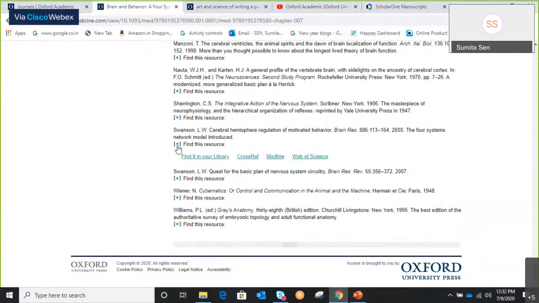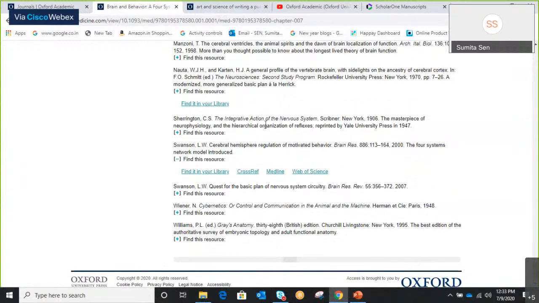And you also have find this resource. So you can check if it's in your library, or you could check if it's in a library close to you. Let's say it's in some other university's library, and if it is there, you can always borrow it from someone there or ask someone to download it. You can check Web of Science, depending wherever this resource is available.